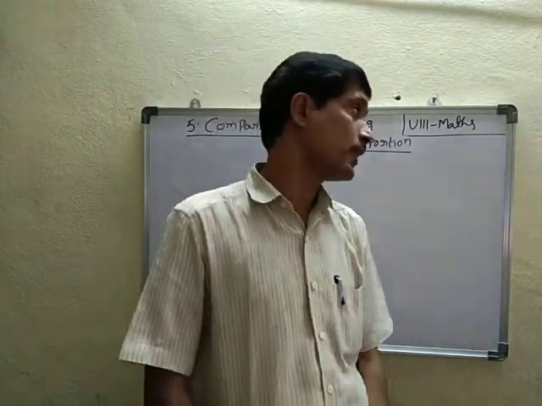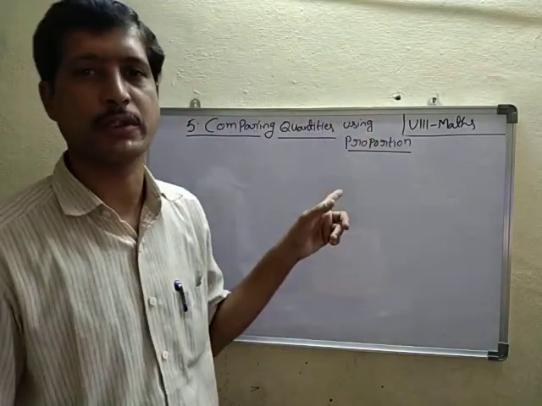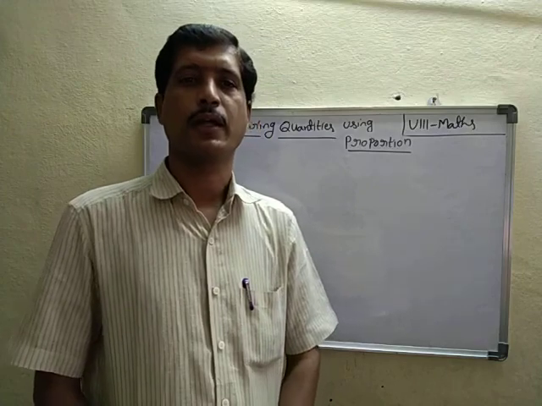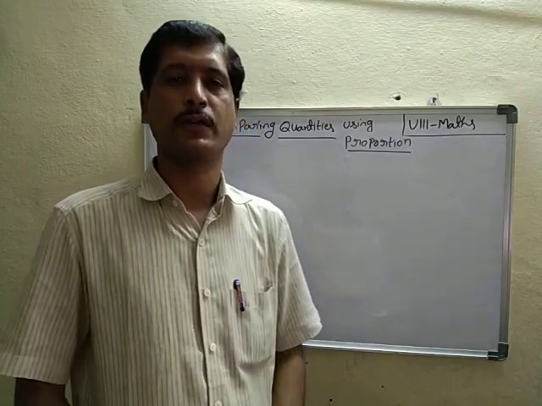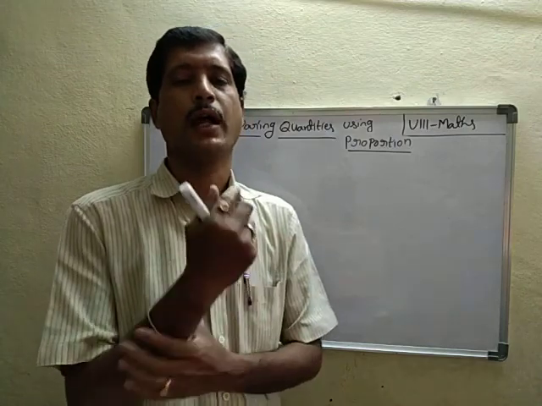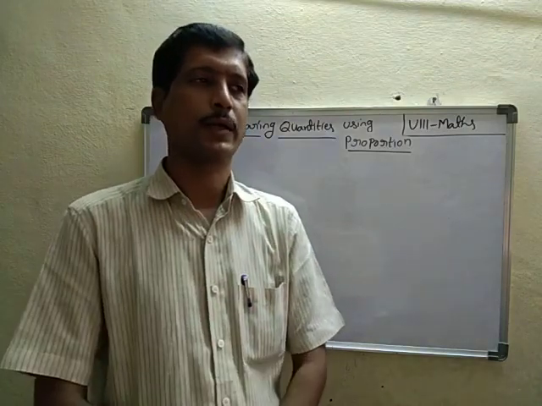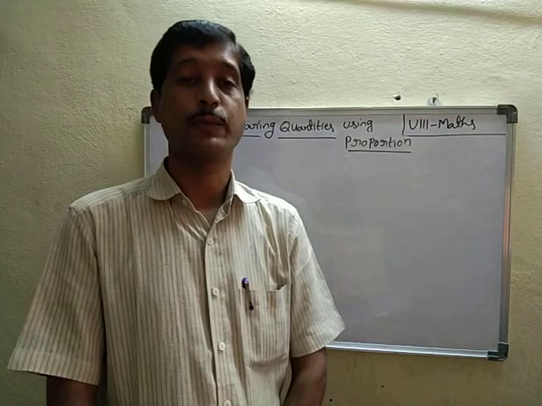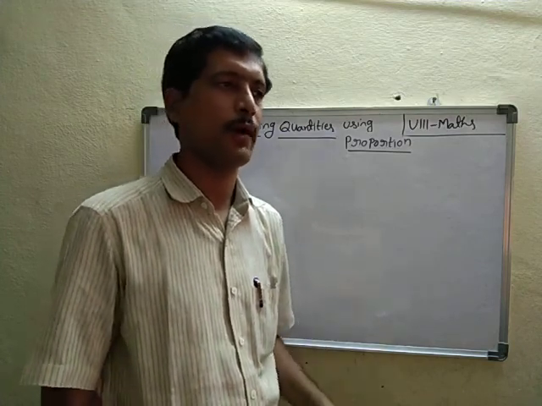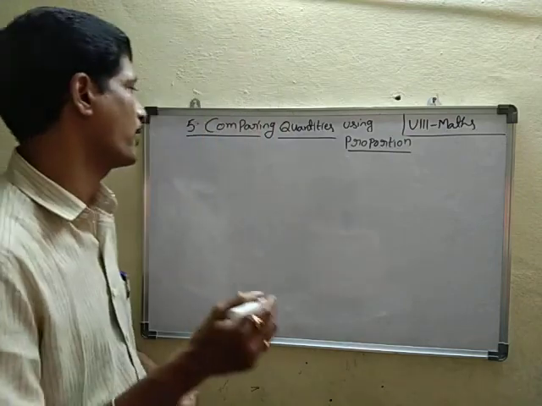That is the fifth chapter, comparing quantities using proportion. One video class is over, and one Zoom class is over. In the Zoom class, you learned all the formulas: cost price, selling price, profit, loss, and everything. Next, selling price formulas, then simple interest and compound interest. Based on that, the remaining problems are in Exercise 5.2.